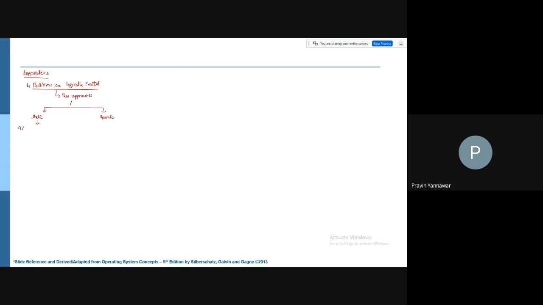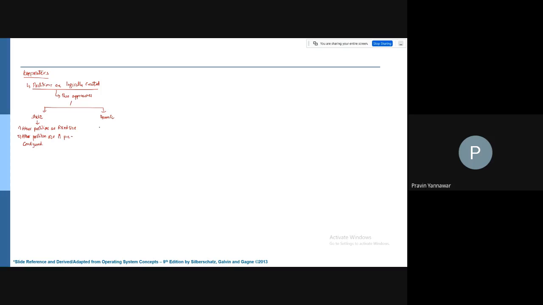In static, either the partitions are of fixed size, this is one possibility, or the partition size is pre-configured, right?